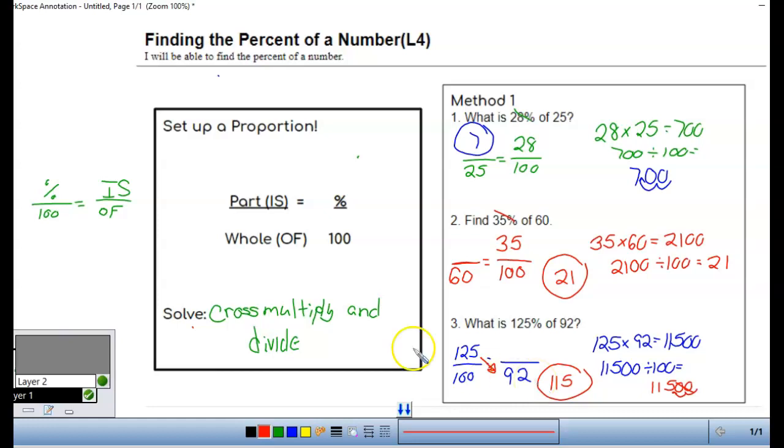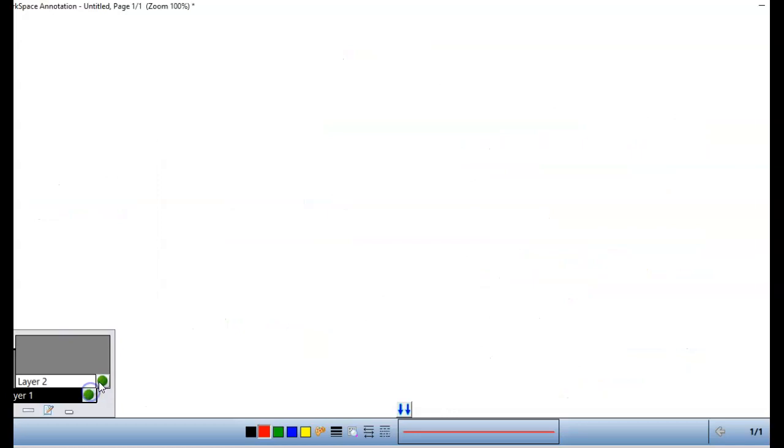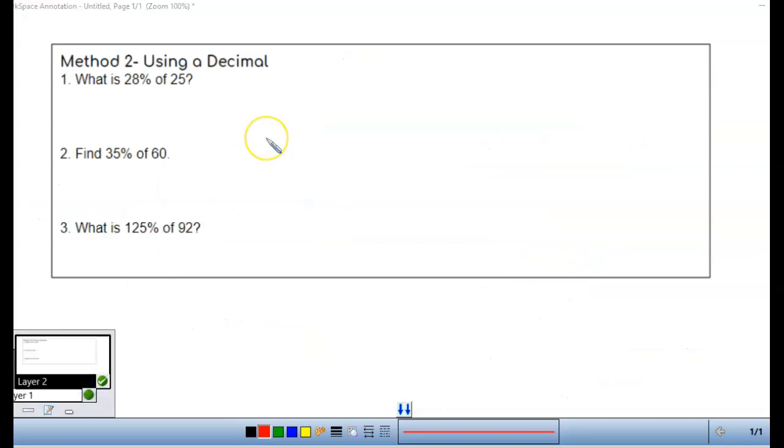Let's take a look at method 2. With method 2, we're actually going to look at the same problems, so we'll know if we got the right answers or not. How this works is we're going to use a decimal. So we take 28%, and we have to get this to a decimal. So we move it over to get 0.28. And then we just multiply it by our of. This method is only going to work